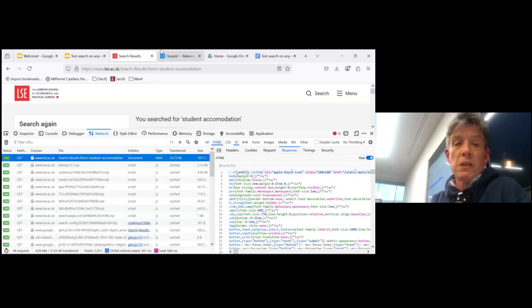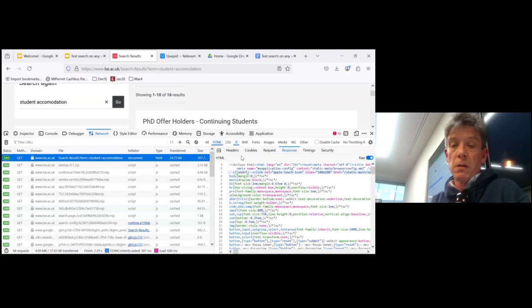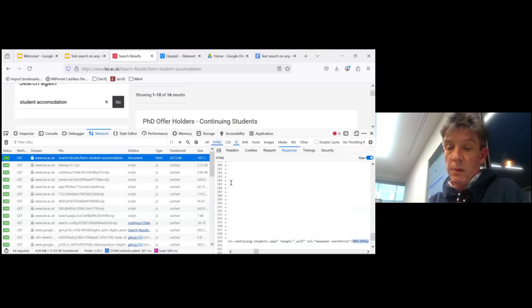Yes. So what I like to do here is actually look at the search results and look at one of the offers, identify a PhD offer. There we are. So PhD offer. And there we go. By diving into this, most likely in a text editor, I can begin to get some idea of what sort of tokens are there. So there's a bit there called link, primary link. That looks like the beginning of the search results. Lots of div tokens, all that kind of stuff.